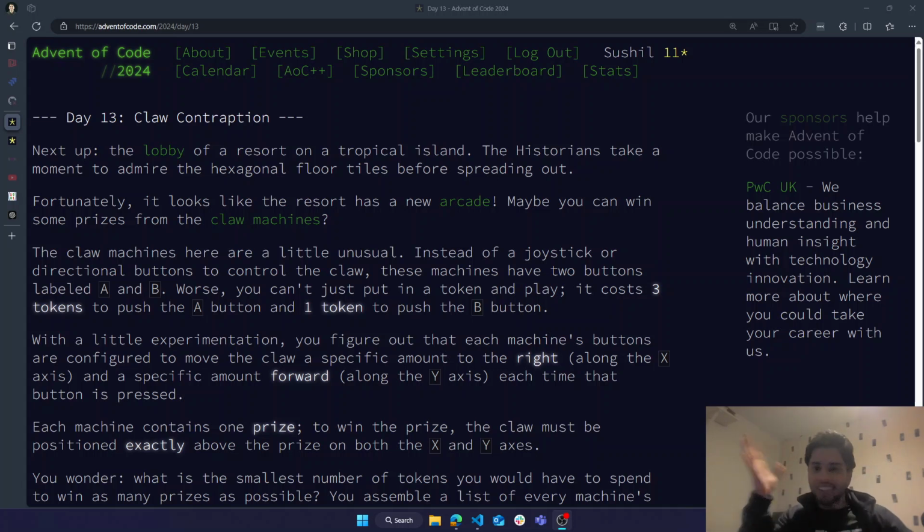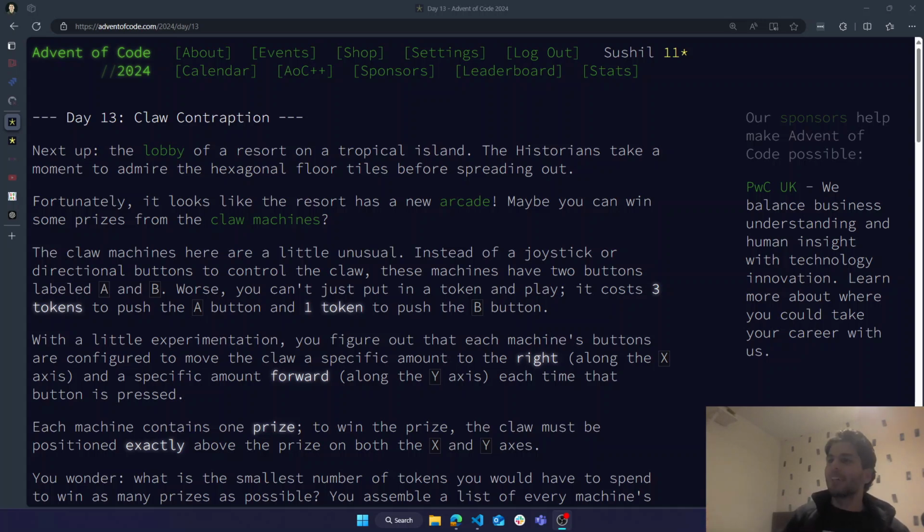This is day 13. If you've been following me on this journey, you will know I did not post anything yesterday because I looked at the problem and I gave up. There's no point in even... I think I spent 15 minutes. I realized I was going down the completely wrong path by reading the question wrong, so I gave up. I thought that was going to be the end of the Advent of Code challenge, but here we are for day